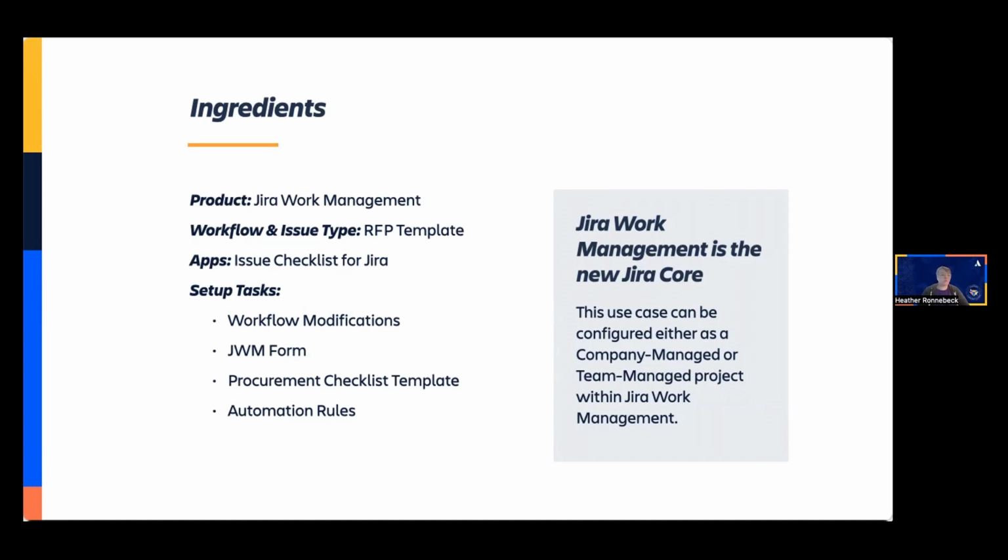Within work management, we're going to start by using the RFP template that they have as part of the project configuration. It's going to give us the baseline of what we need to modify later on. At this stage, knowing that the project will have 2 issue types, a task and a subtask, and a pre-configured workflow is going to be more than good enough.